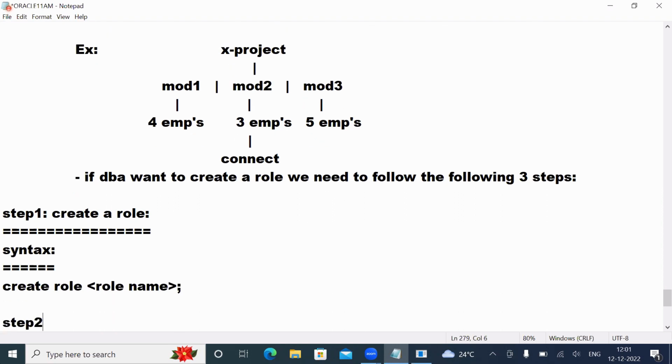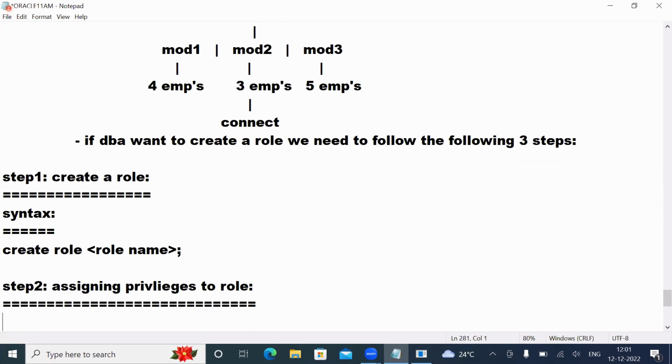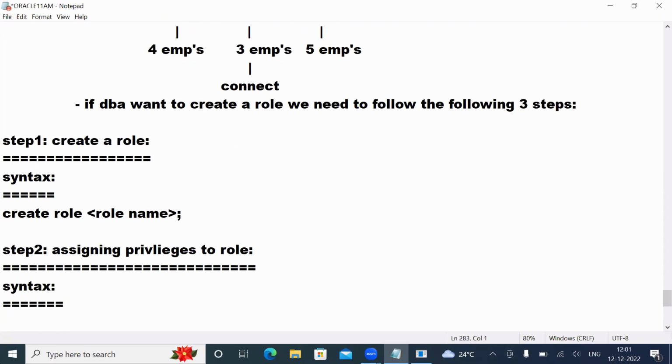Step number 2, assigning permissions, that means assigning privileges to the role. So how to assign, sir? I'm going to assign permissions to the role. Okay, what is the syntax here? So I'm giving grant privilege